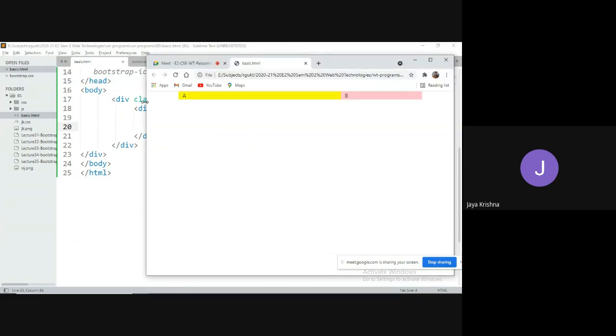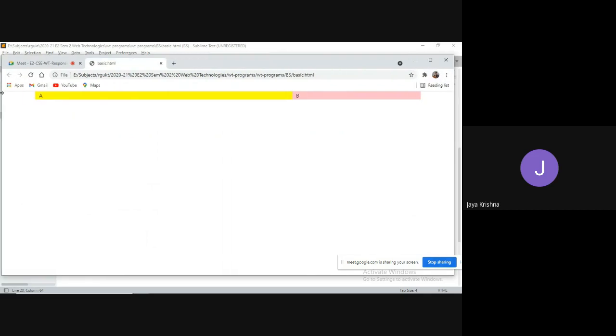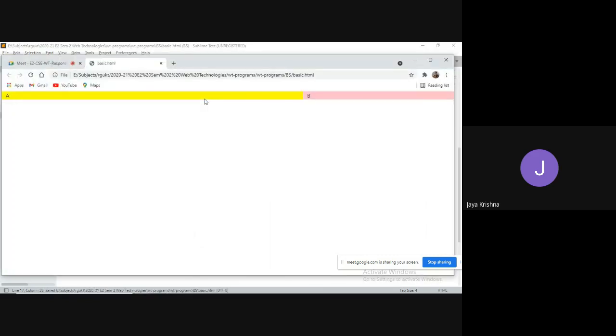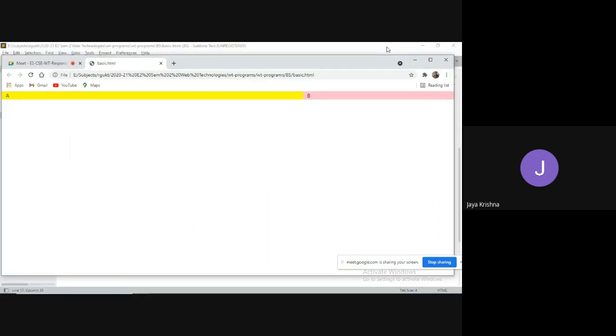Observe, 8 parts and 4 parts. If you want, you can go for container fluid, so that you will get the large screen completely.